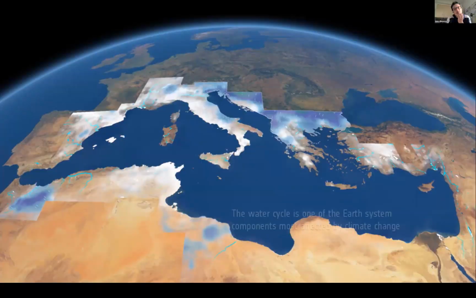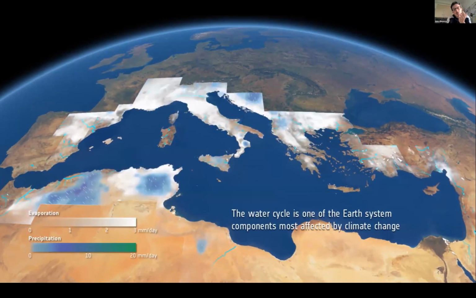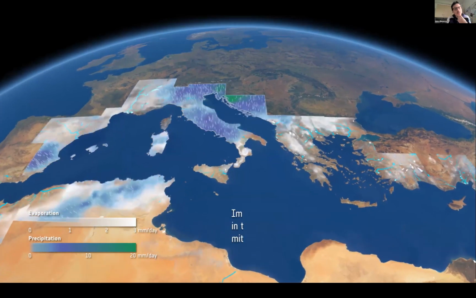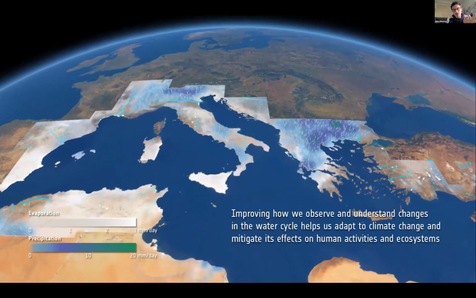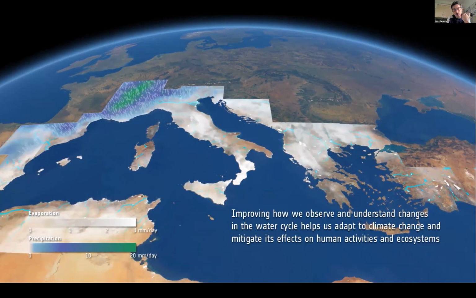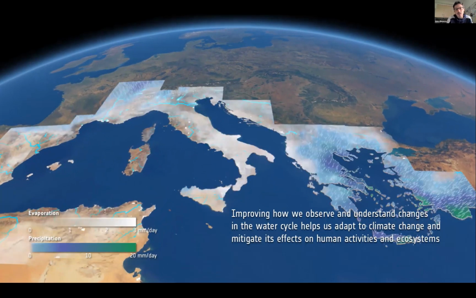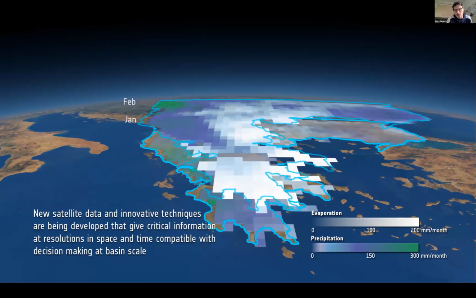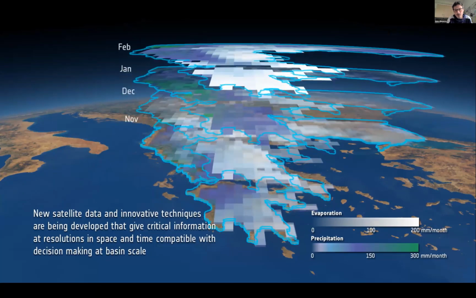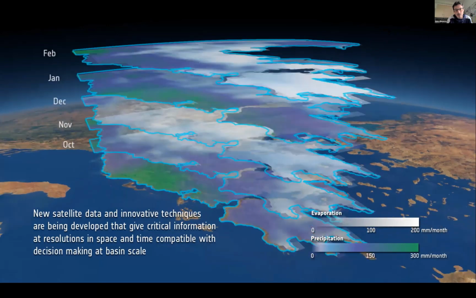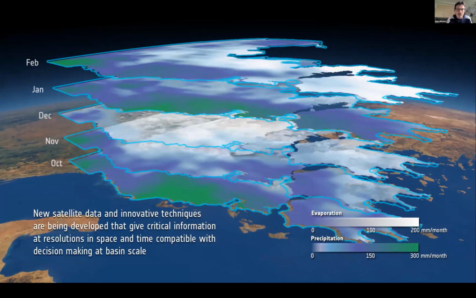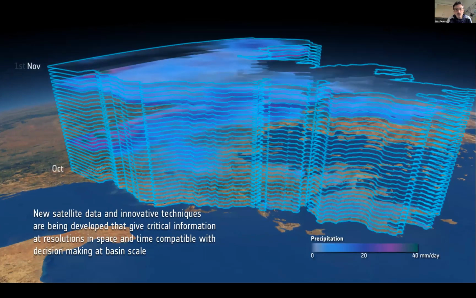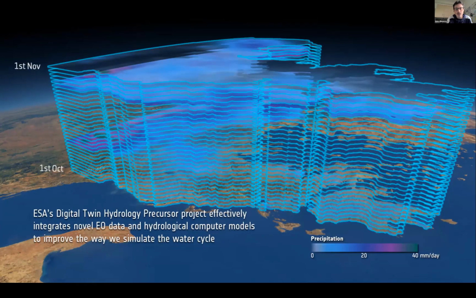I have now a video that basically shows what we have done. For the whole Mediterranean cycle, we have developed these high resolution data sets, not only precipitation and soil moisture, but also evaporation, snow, and also runoff and river discharge. And what is new with respect to, let's say, 5 years ago is that before we had the data at, for instance, daily scale but 20 kilometer, or we had monthly data at high resolution. Now we have high resolution both in time and in space.